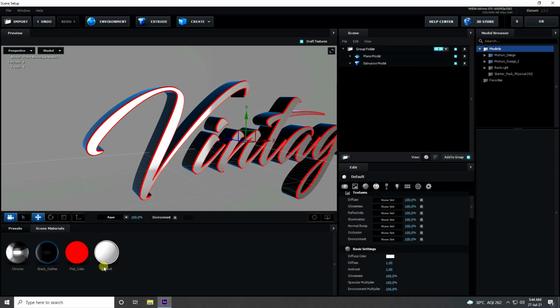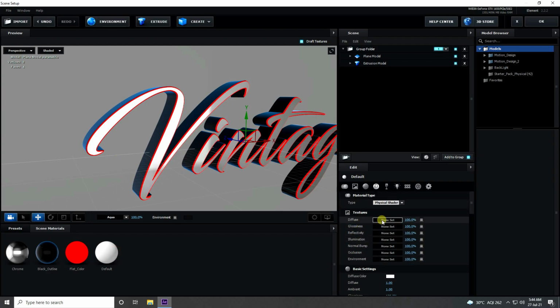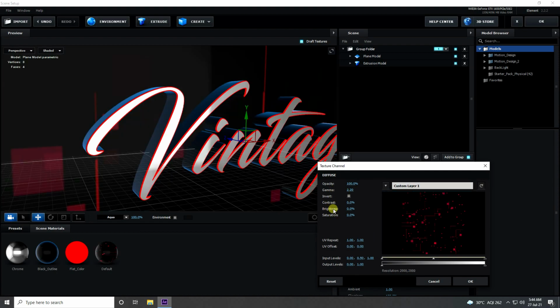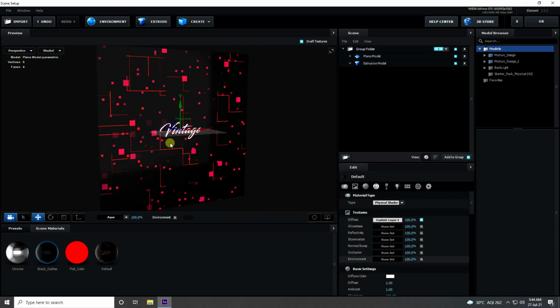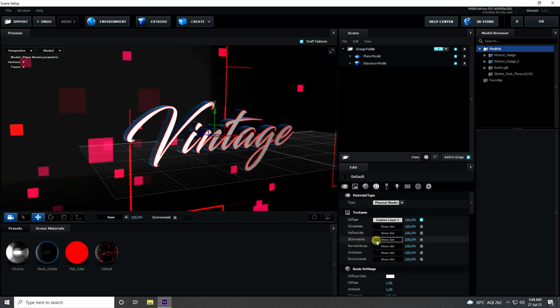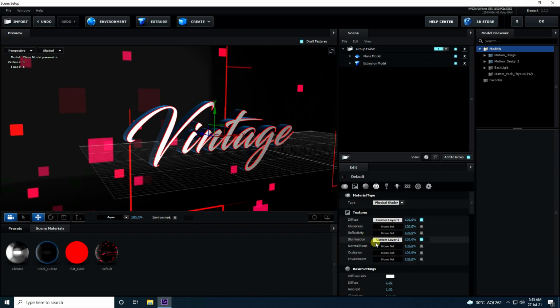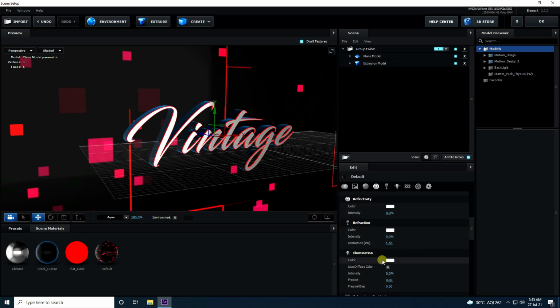Okay, so guys, now I apply background texture. Select this default material, that's my background material, and diffuse, apply the red texture, this one. Brightness increase 100%. So press OK. See guys, that's my background texture. Same for emission, brightness 100% and press OK. So go down, use diffuse check, illumination check, and intensity also 100.